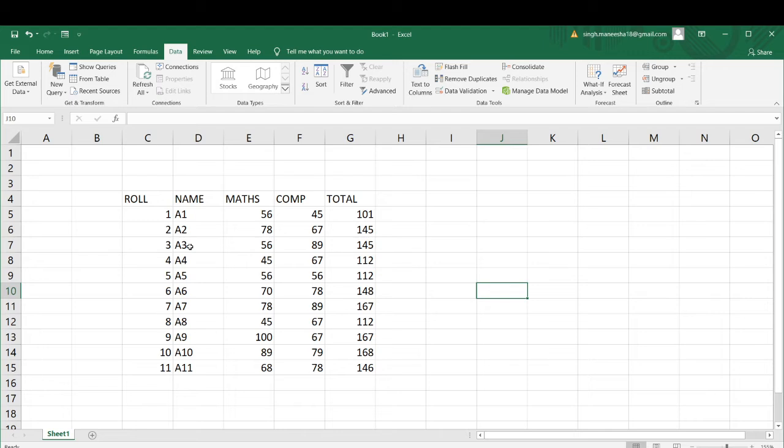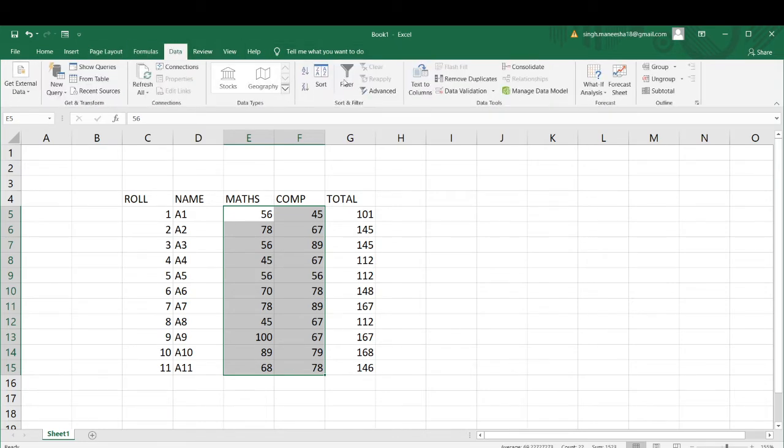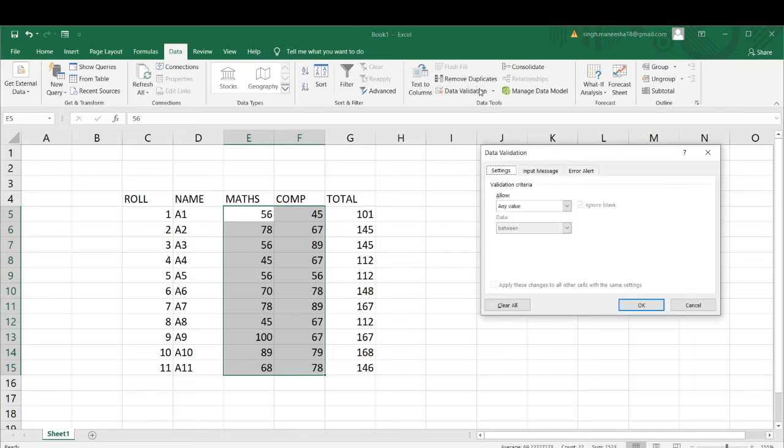For that what will we do, children? We will first select the data. Like in maths and computer I need up to 100. So I have selected maths and computer. Now I will click on which tab? I will click on the data tab and then click on data validation. Now allow whole number between 0 and a maximum value of 100.